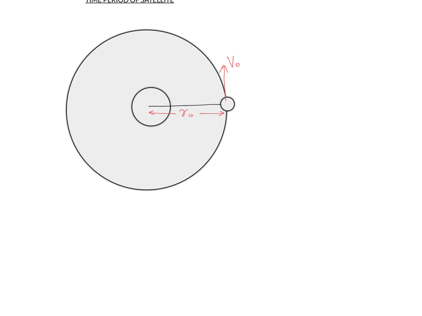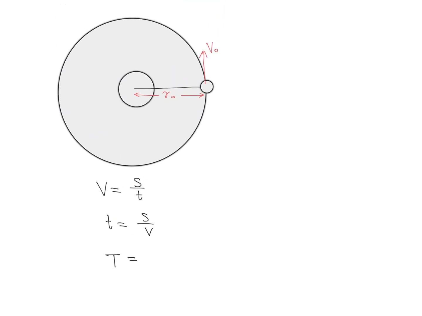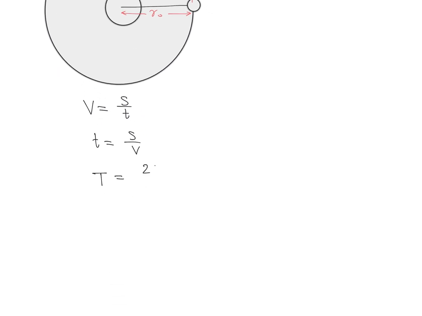We are just using our normal equation: velocity is equal to displacement by time. So we can write the equation for time as displacement by velocity. I'm representing this time period by capital letter T, and when a satellite completes one full rotation, the distance traveled is the circumference of the circular path, which is 2 pi r naught, divided by